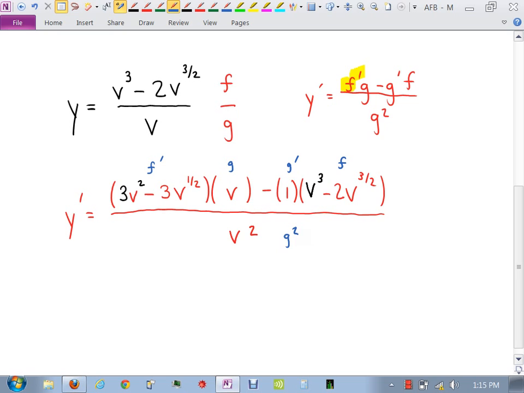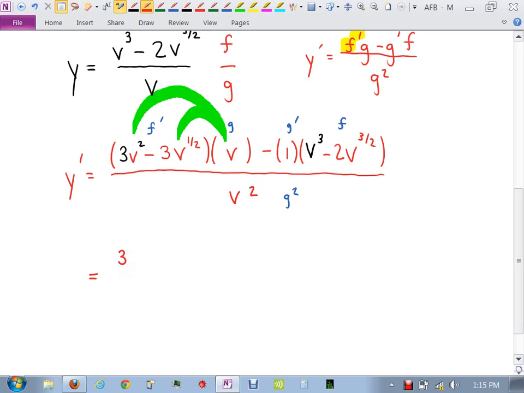But I am going to clean this up because I'm not happy leaving it like that. So I'm going to go ahead and take this v here and distribute it through here. So what's 3v squared times v? 3v cubed minus 3v to what power? 1/2 times 1 is 3/2, right? So you're doing a v times v to the 1/2 is v to the 3/2. Then what do I have? Minus v cubed and plus 2v to the 3/2